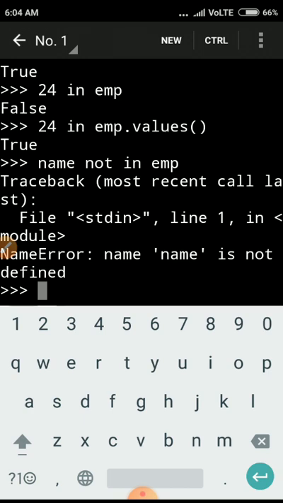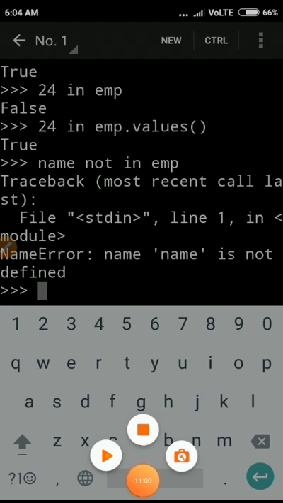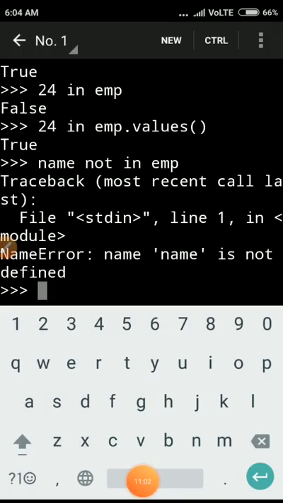Because I did not write the name in quotation marks, it returned an error. So we must write it in quotations. Whenever we are using strings, we must write them in quotation marks.